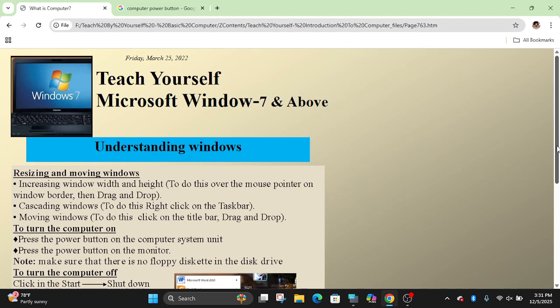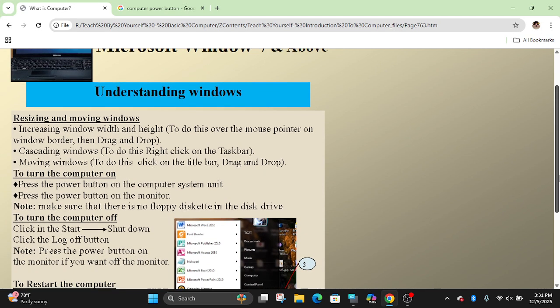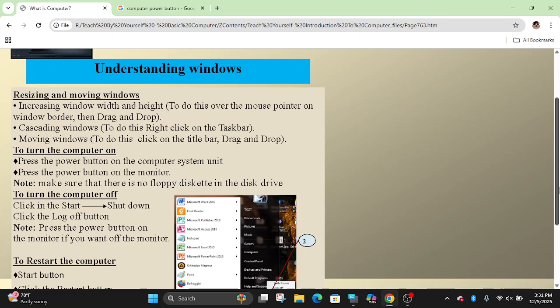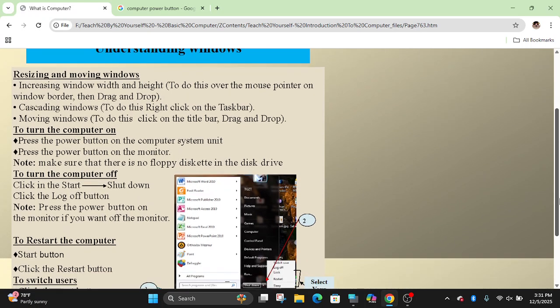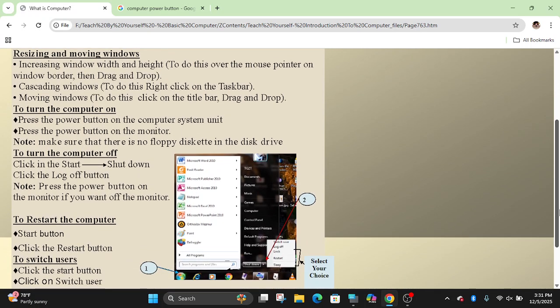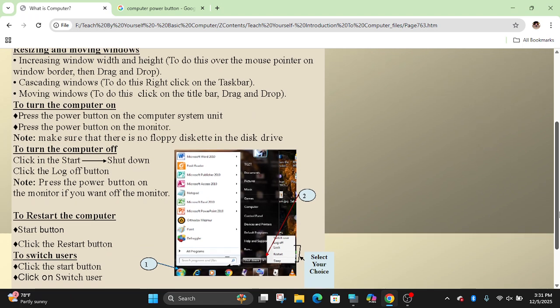The next is about how we use our computers. We have to use our computer properly. Sometimes the system files may corrupt, so we have to be careful. After using our computer, it is advisable to first close the windows, the programs that you have opened.